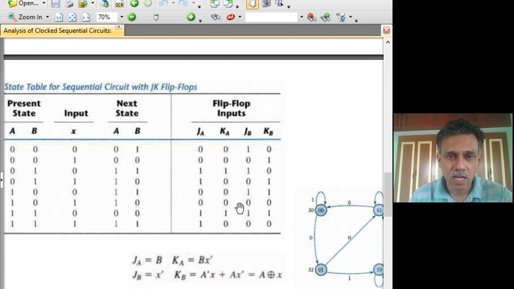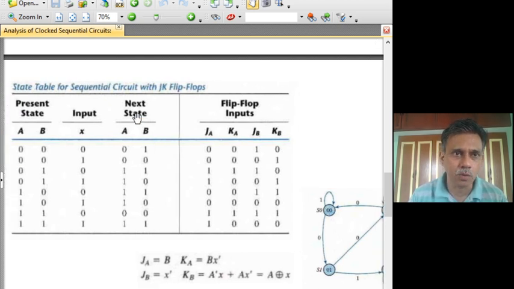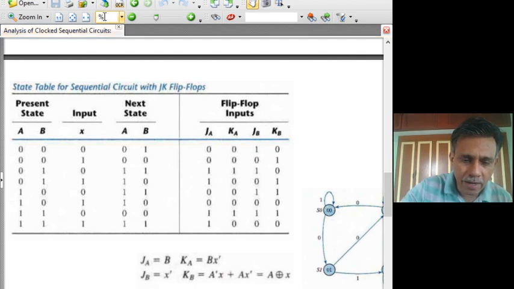This is a no change condition, so again the B has to be copied here, the 0 has to be copied and put here. This is a flip condition, so B is flipped to 0, and no change condition, and therefore B is just copied. So this way you have to carefully fill up the A and B values. Now once you do this one, the state table has all the information about the circuit. Now what you can do is, we can now